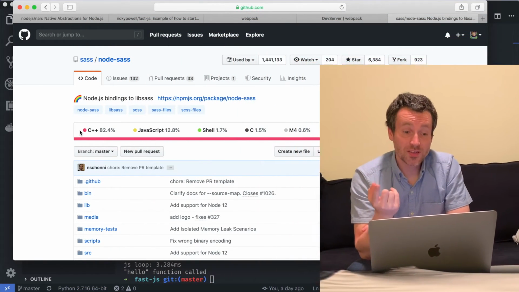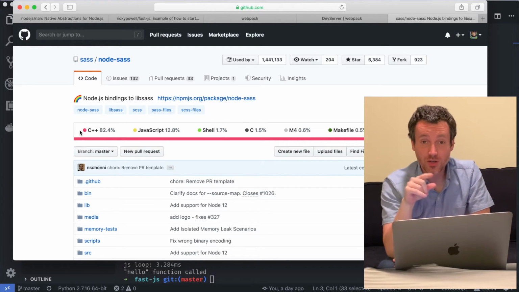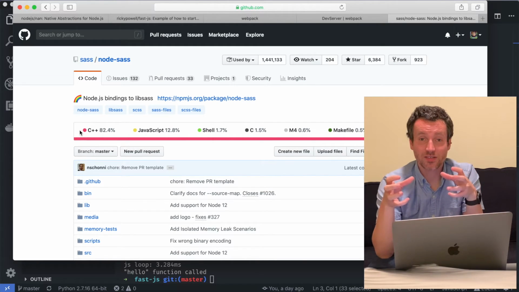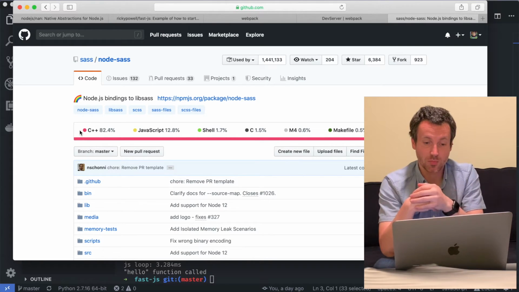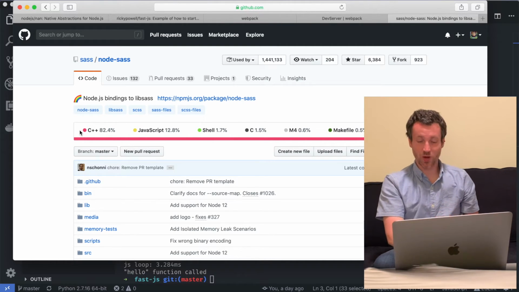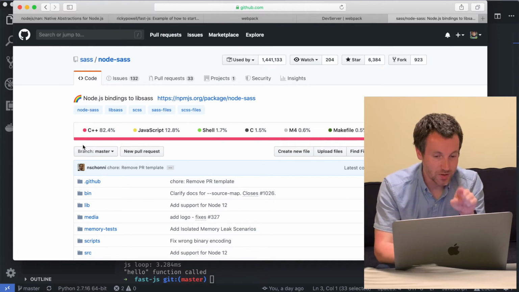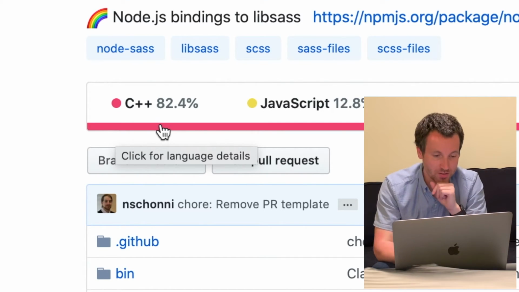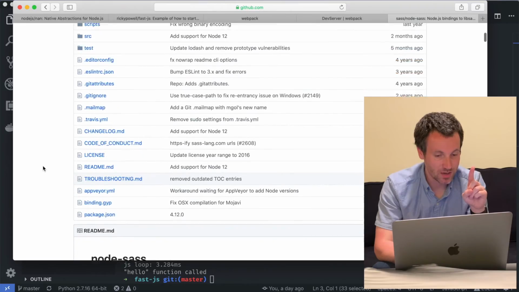An example library that does this is actually Node-SAAS. If you've ever used Webpack to transpile your SAAS into plain CSS, finally building it so that you can use it in your project and bundle it all together as a single application, this has probably been used whether you knew it or not. If you take a look at their repo, they have 82.4% C++. And I know that they're using the same technology that I just demoed, because if I look down below, I see this,